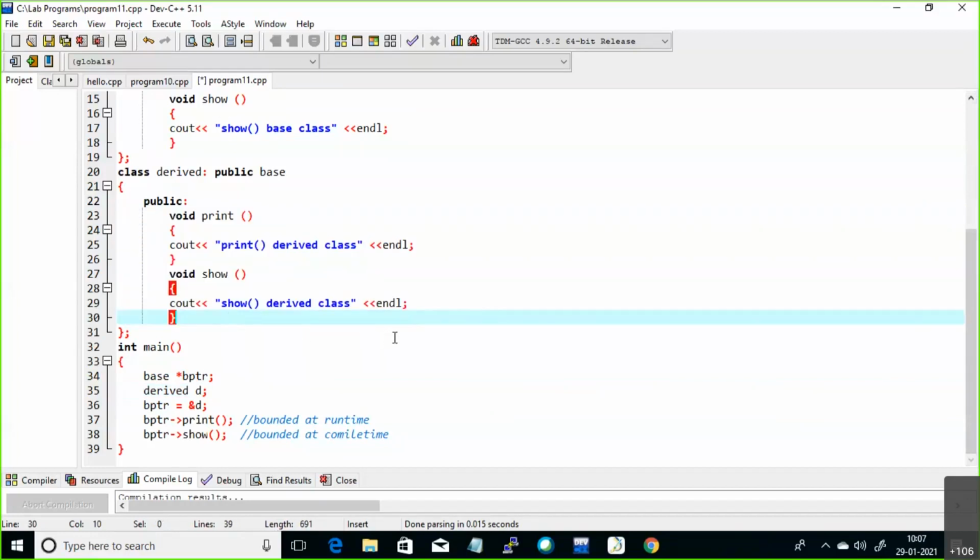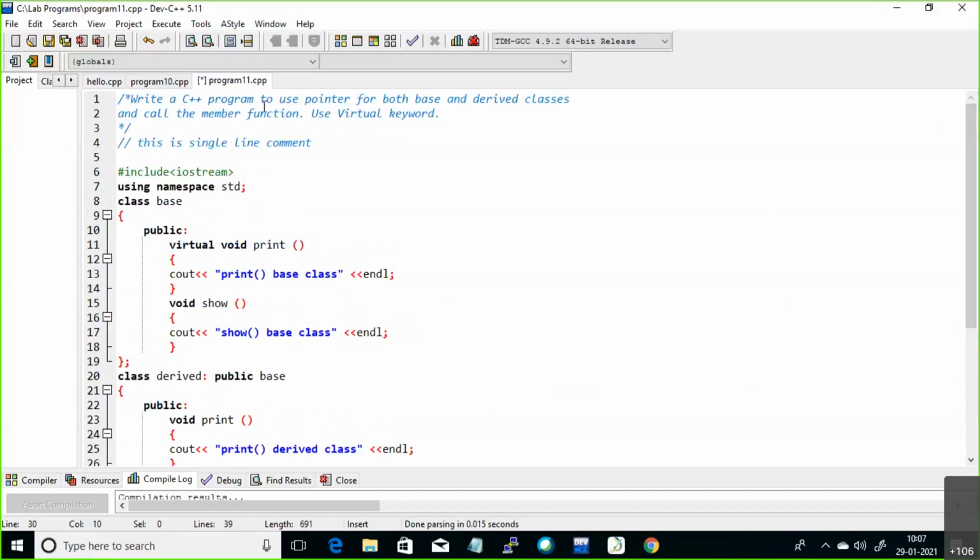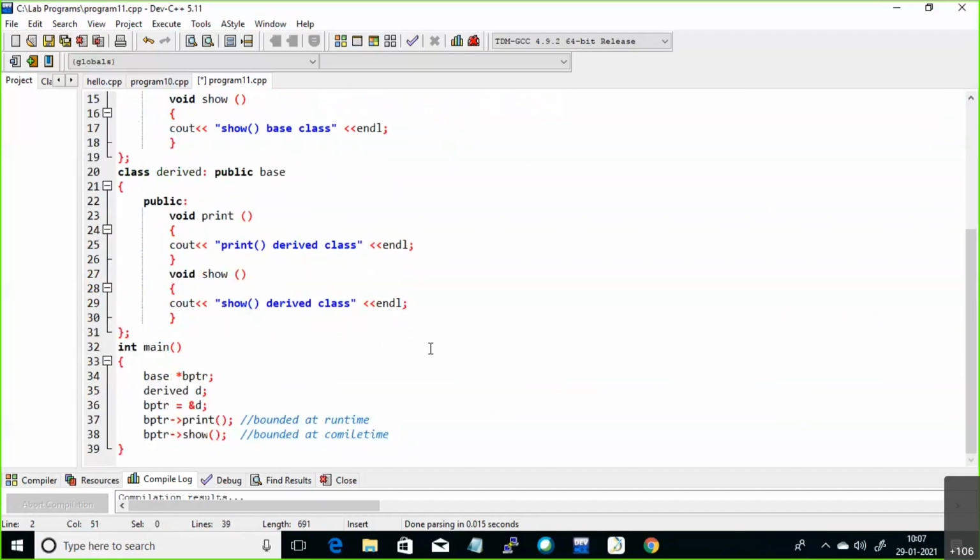But in our program, what they asked is, you can see, use pointers for both base and derived classes and call the member functions. By using pointers, we need to call the members of the base class as well as the derived class. For that, I have just created one pointer, base.